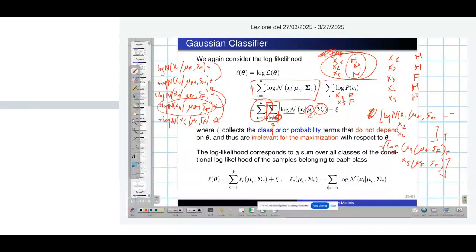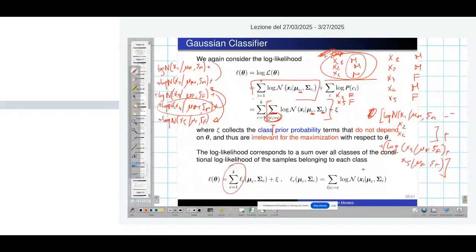C. So this allows me to drop the fact that before I had a dependency of the index of the parameters on the samples. If I rewrite it in this way, I group together all the samples that belong to the same class. So now I can parameterize these parameters directly by the class C that I'm considering in the inner summation. So I can drop the dependency of the parameters on the index of the sample, because I moved the indexing essentially in this part of the summation outside. So I can write it as a sum over all classes of what? For each class,